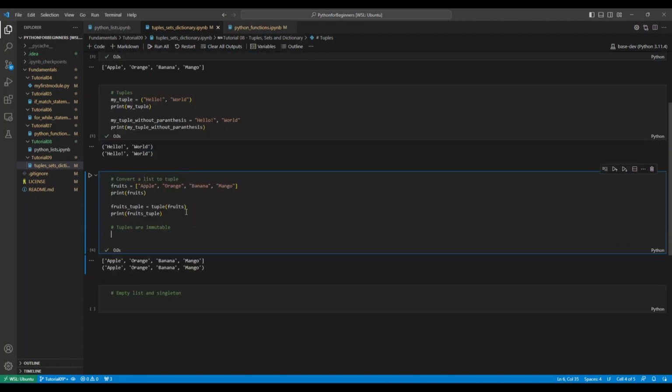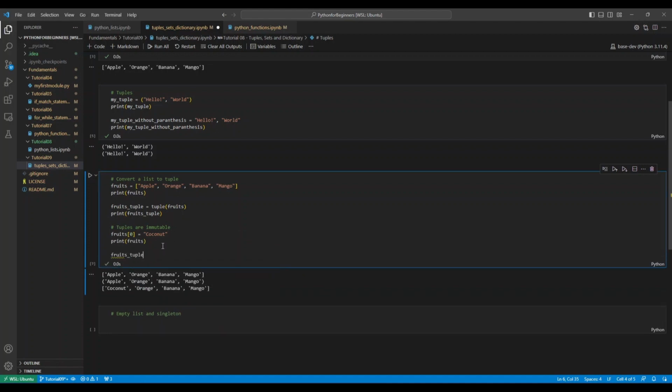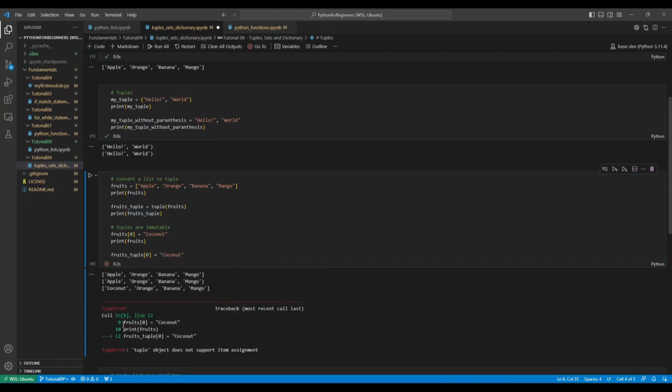Tuples, unlike lists, are immutable. I can change the value of an index in the list, whereas I cannot change the value at an index in a tuple. You can see there's a type error. That makes tuples important because when we are running a complex code, any unintended changes in the tuple values can